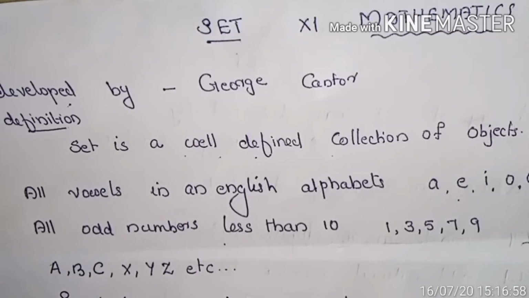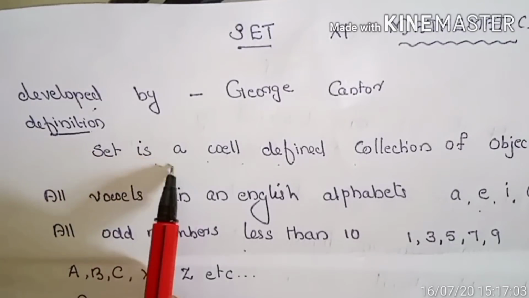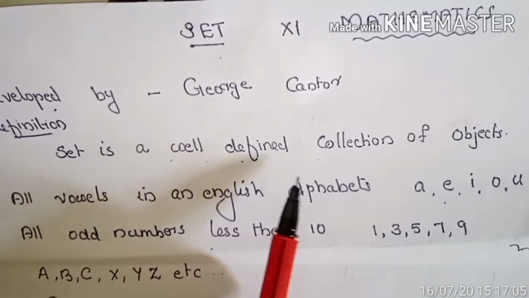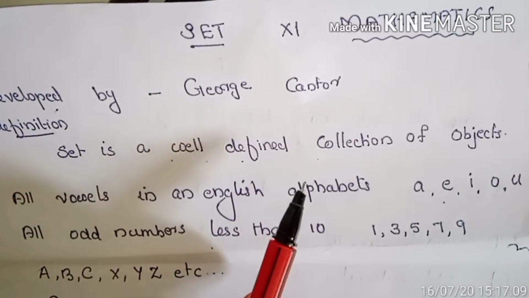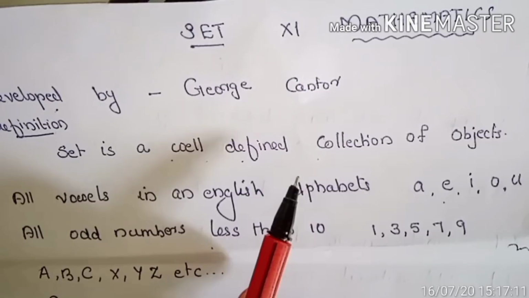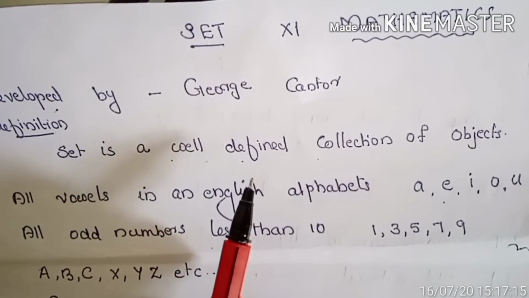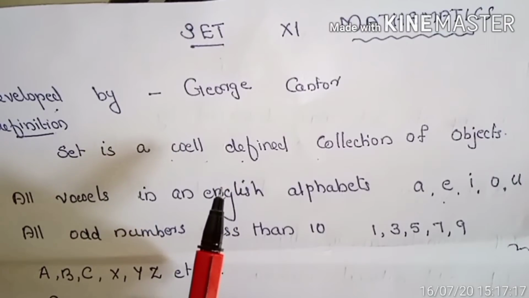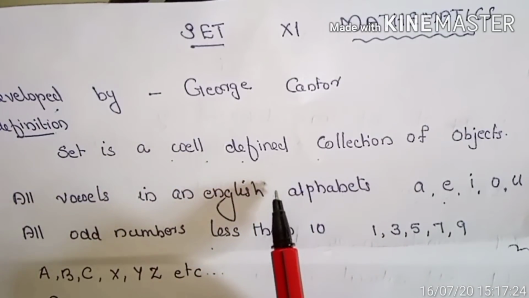First, we move through the definition of a set. What is the definition? A set is a well-defined collection of objects. We know the word collection. In everyday life, we often speak of a collection of objects of a particular kind, such as a collection of cards, collection of books, collection of pens, collection of coins, etc. Then what is well defined?